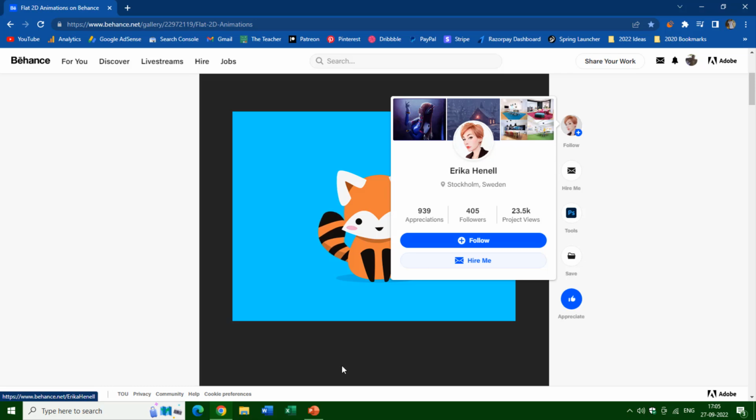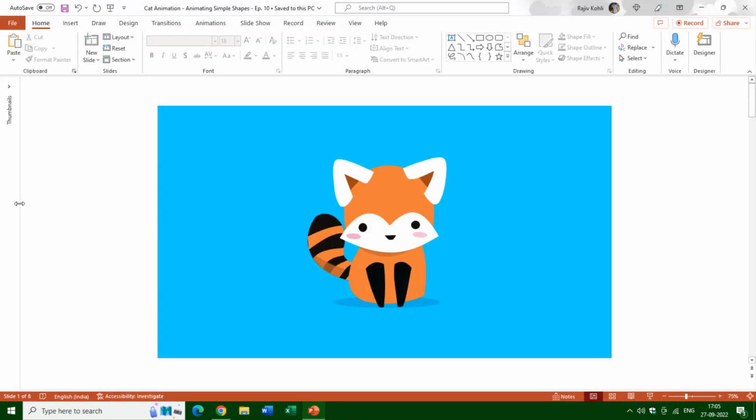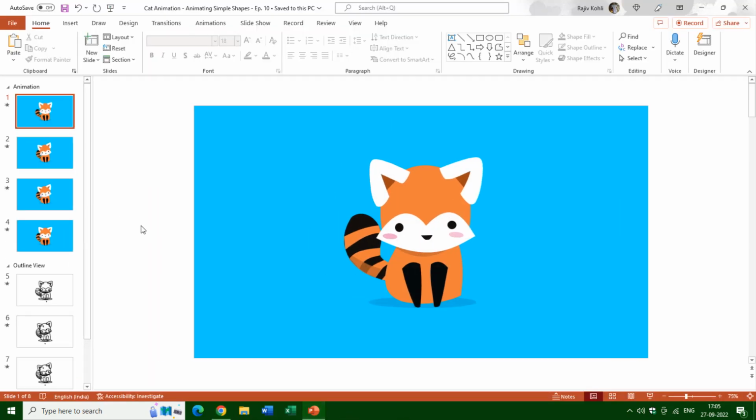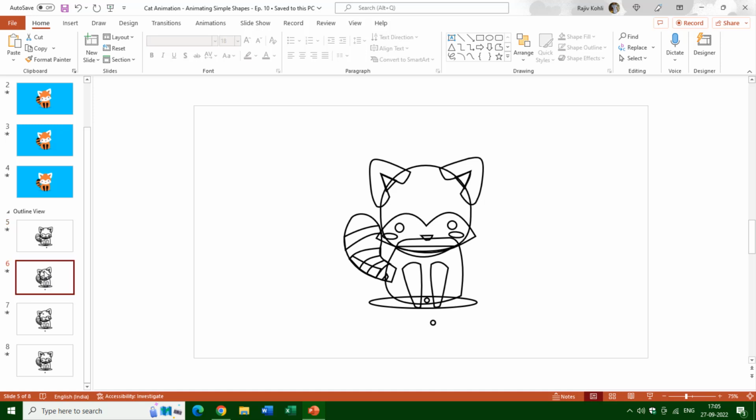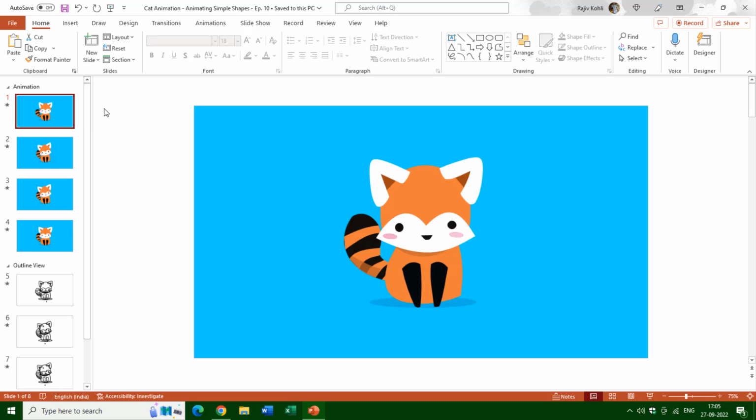So let's get started. We have accomplished a single loop of this animation over 4 slides, and at the bottom we have the outline view of the animation, where we have not filled any color in any of the shapes. You can download this presentation from the link in the video description, and after downloading the presentation I will advise you